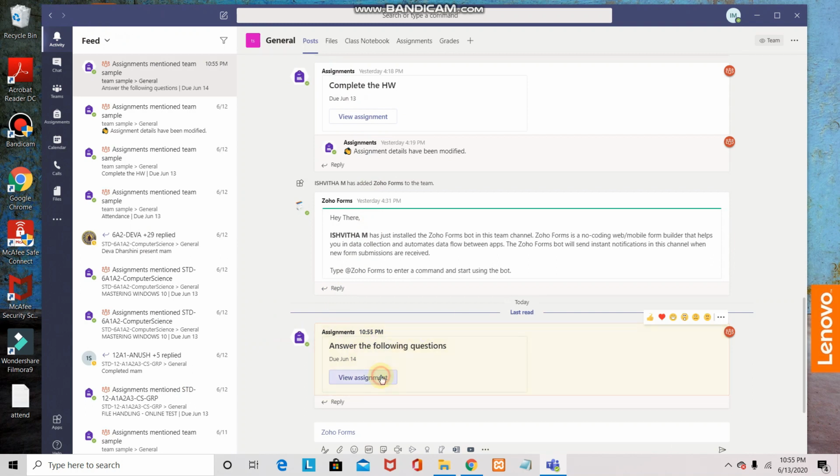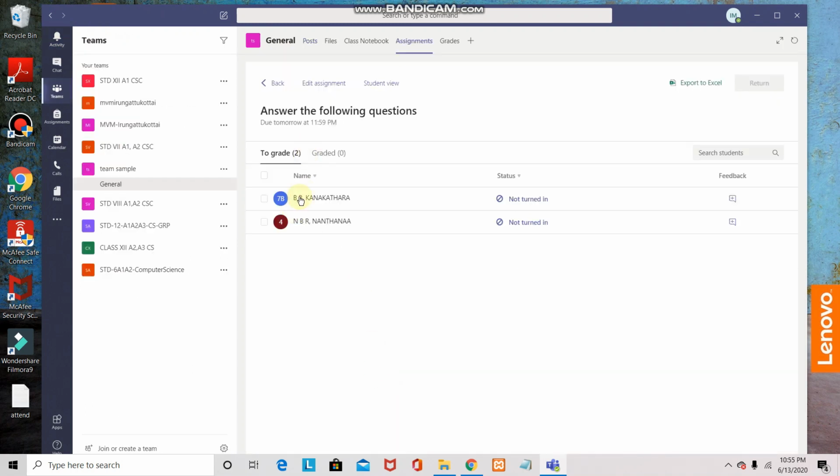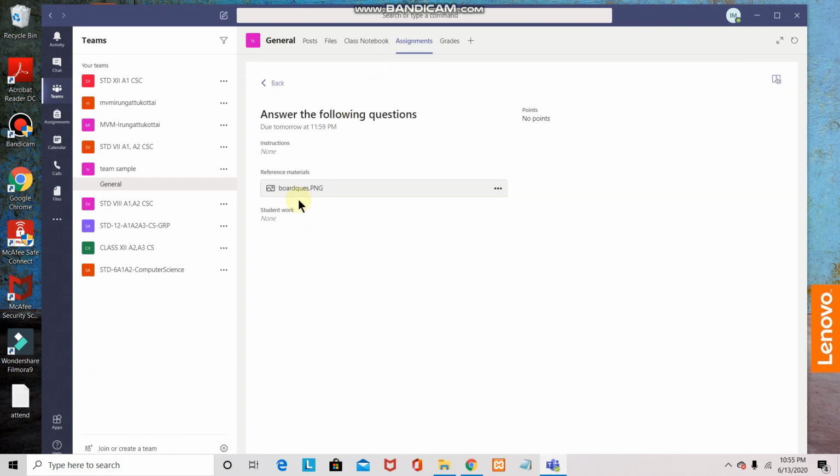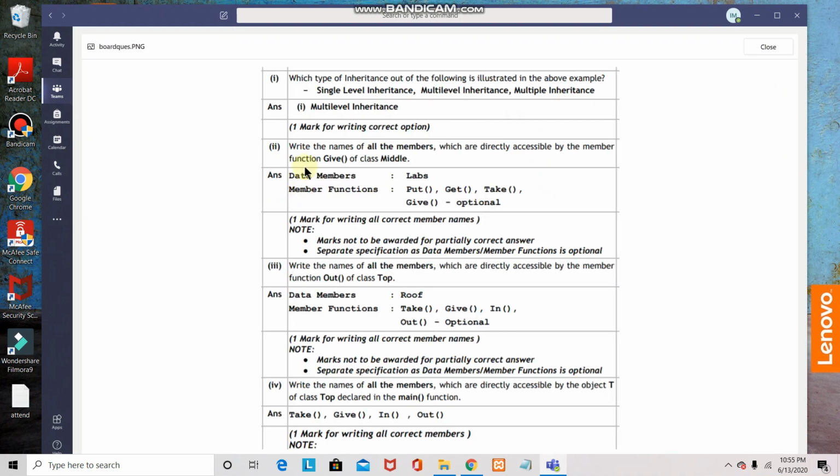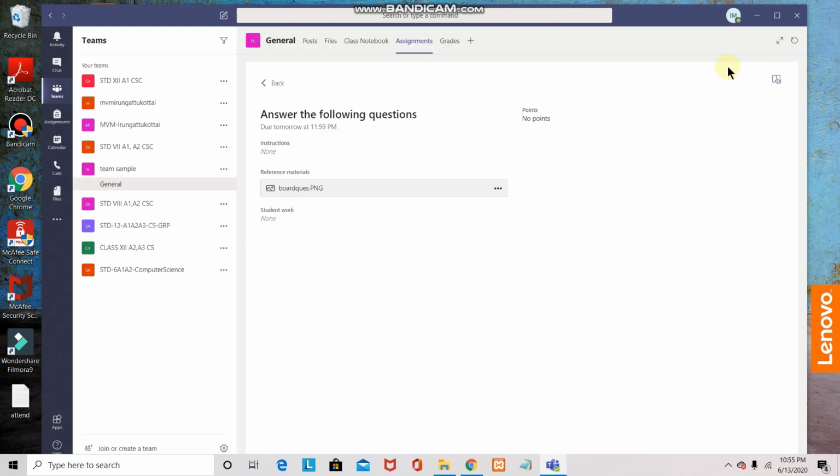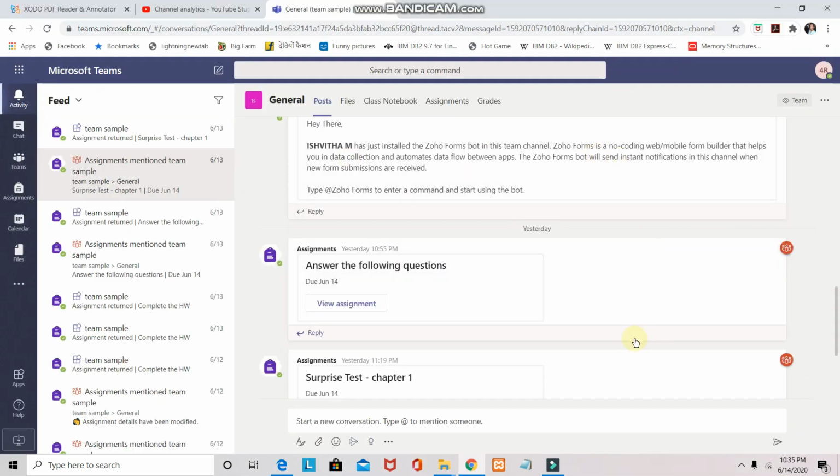In the same way, when the student logs in and clicks Activity, he can see the assignment given by the teacher, and this is the way the student will see it. This is the student view of the assignment. When he selects the question paper, he can see all the questions appear. Whatever page you are seeing is one of the students' logins, and here the student has been given the assignment and is intimated.